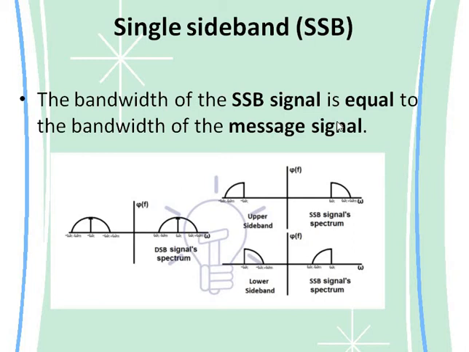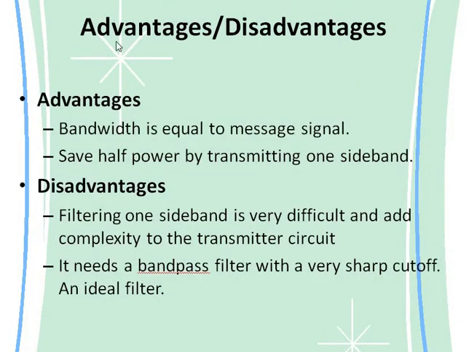The advantages are the bandwidth is very small, equal to the message signal, and it uses half of the power. The disadvantage is that the filtering of the SSB is very hard, and a bandpass filter with sharp cutoff frequencies is required,